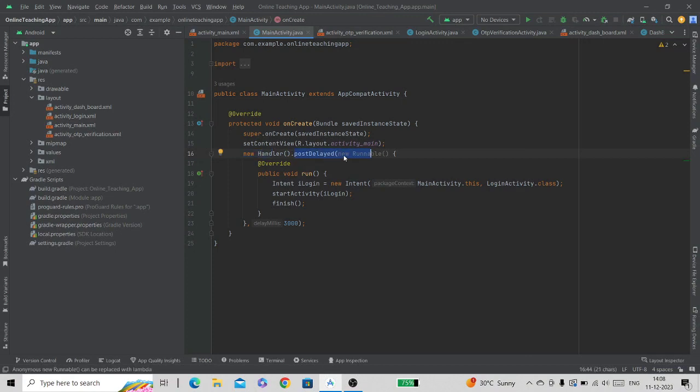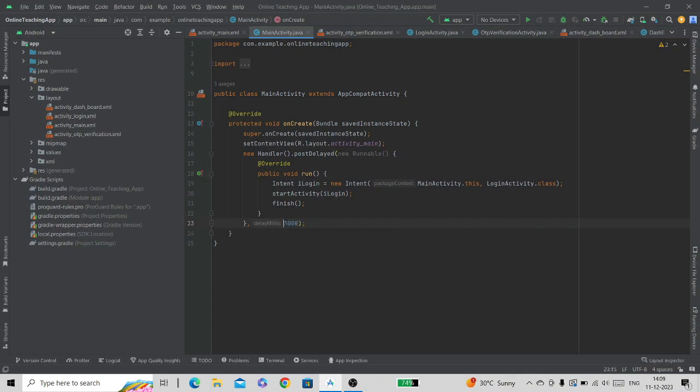This postDelayed method helps us to provide a delay before executing some task, and it requires two parameters. The first is the logic which we want to execute after some delay, and the second is the amount of delay which we require. We give the delay in milliseconds, so we have given 3000 milliseconds. It means that we have given a delay of 3 seconds.